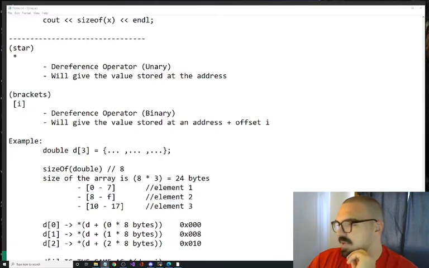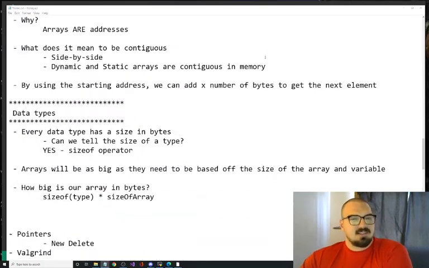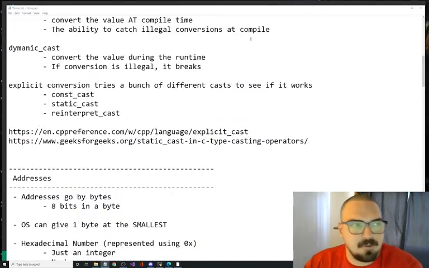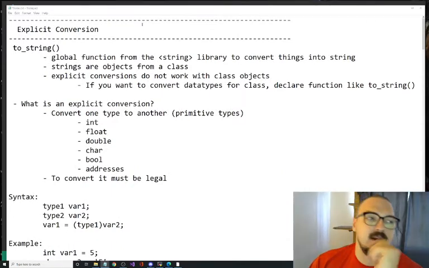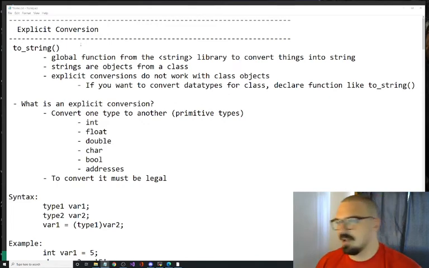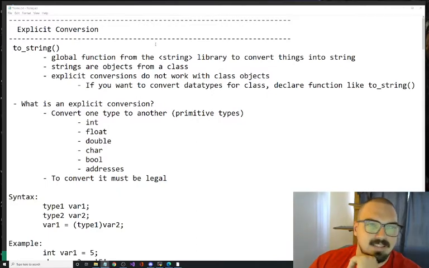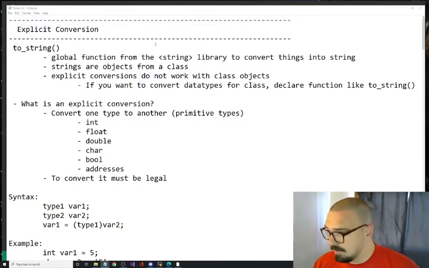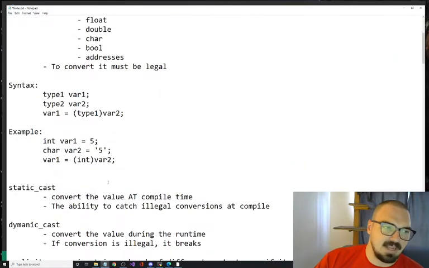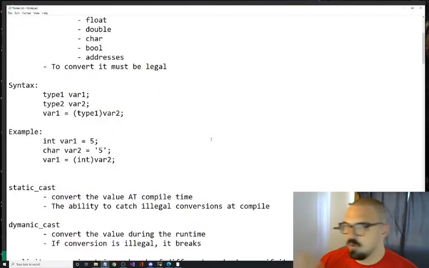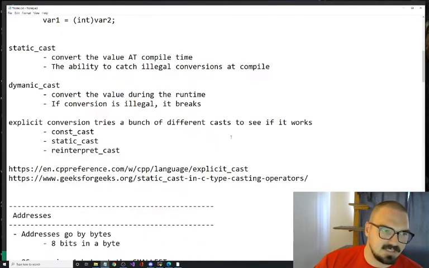So, last time we talked almost completely about addresses, okay? A lot of the stuff that I talked about last time was more just for your understanding of what addresses are. Today, we're actually going to be using them. A lot of the stuff we talked about last class you probably looked at and were like, why are we doing this? Well, we're going to get to that today. Just want to make sure you know what I'm talking about and how these things work. So we briefly talked about explicit conversions. I will be going over that today. I gave you the actual notes for that, but I'll show you why I'm using them. That'll be in today's example.